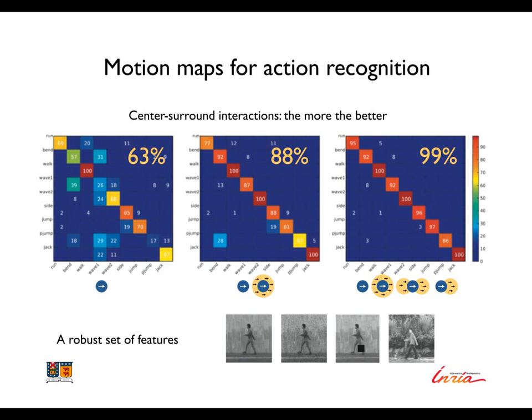The quality of motion maps for action recognition was tested using two different databases, Weizmann and KTH. Here we show three confusion matrices obtained for the Weizmann database for different configurations of motion contrast. Each confusion matrix shows a number of mismatch sequences. The inclusion of different MT surround geometries improved the general recognition rate from 63 up to 99% in the best case. Similarly, on the KTH database, the recognition rate was significantly improved with the inclusion of MT neurons with different